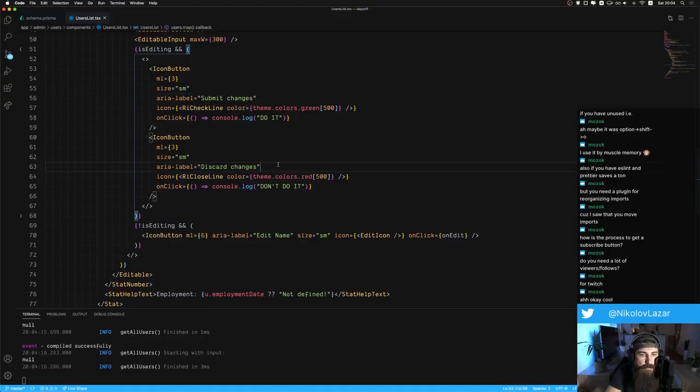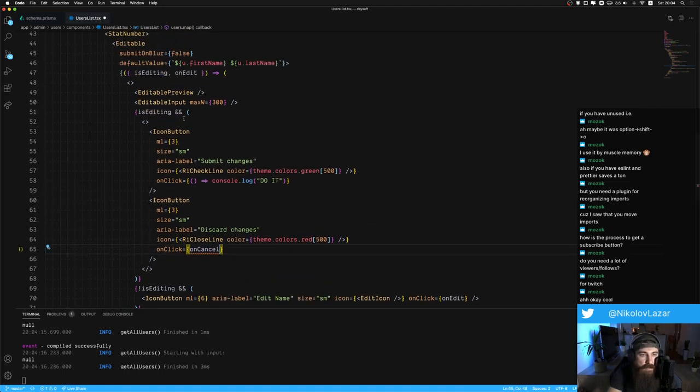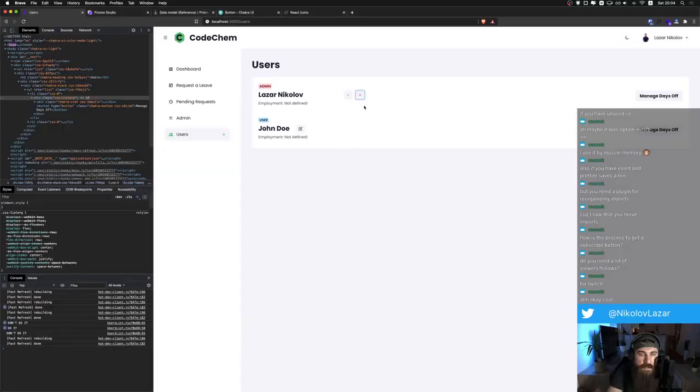Yeah, let's do on click. On click we can do on cancel, but then get the on cancel from the editable. On cancel, but then also on submit, because we want to do submit here. Okay, so these will pass along. Nice. Submit. Cancel. Nicely done. Escape also does the submit. Cancel. Enter does the submit. So